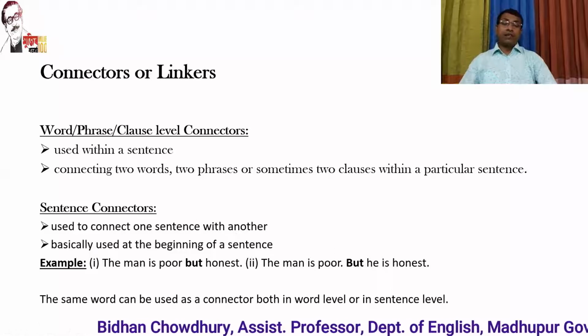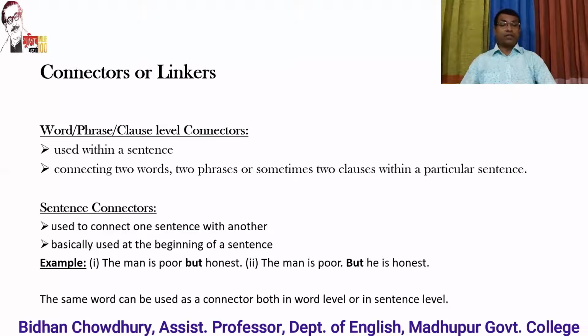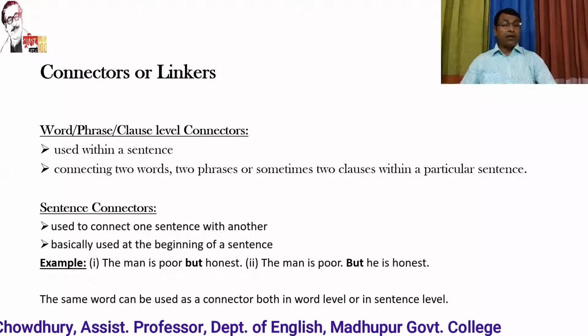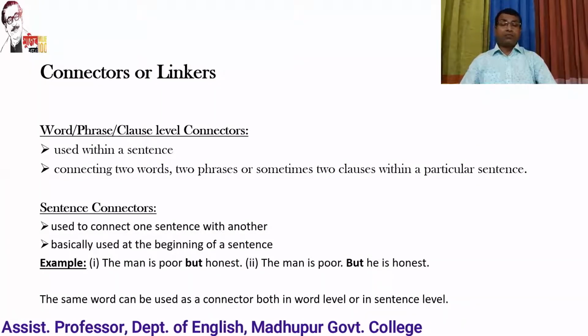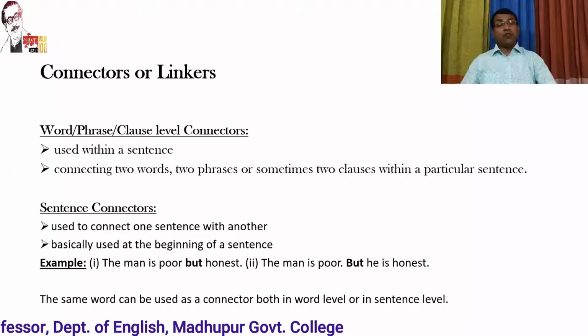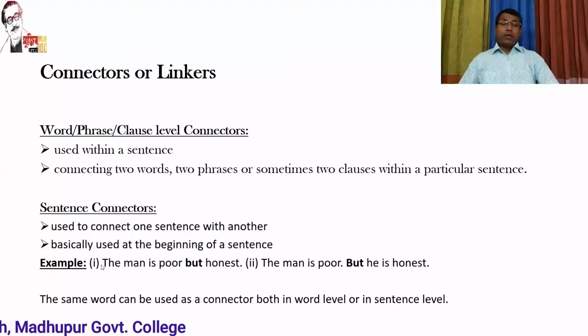Remember, sentence connectors generally come at the very beginning of a sentence, though sometimes they may appear in the middle, but our first priority should be on the connectors which generally come at the very outset of a sentence. Just look at these two examples here. Example number 1,